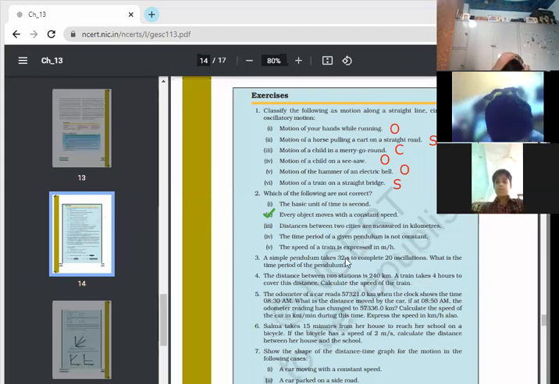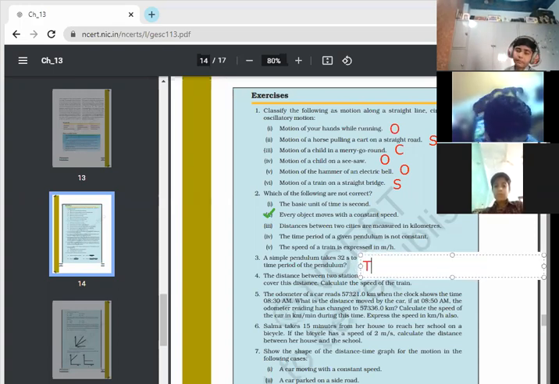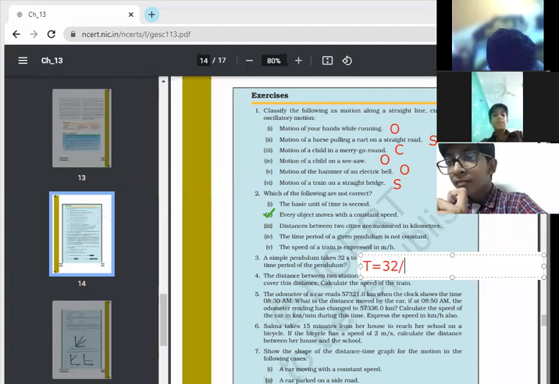Number 3. A simple pendulum takes 30 seconds to complete 20 oscillations. So what will be its time period? 1.6 seconds. How did you find it out? Ma'am, I have divided 32 by 20. Time equals to...